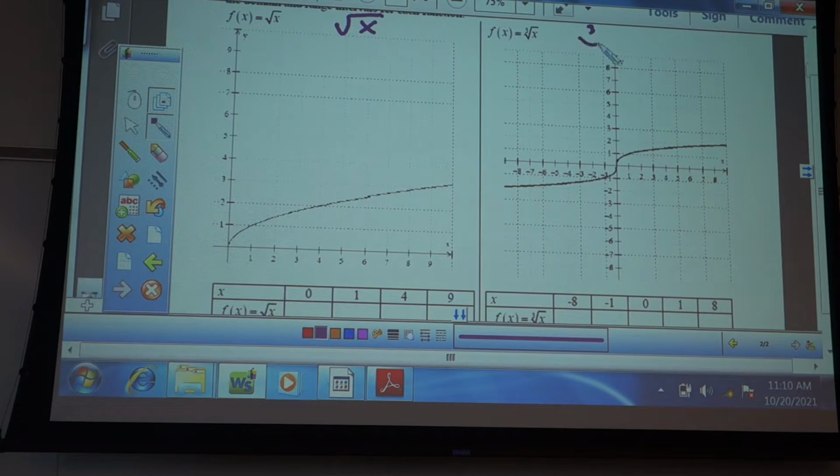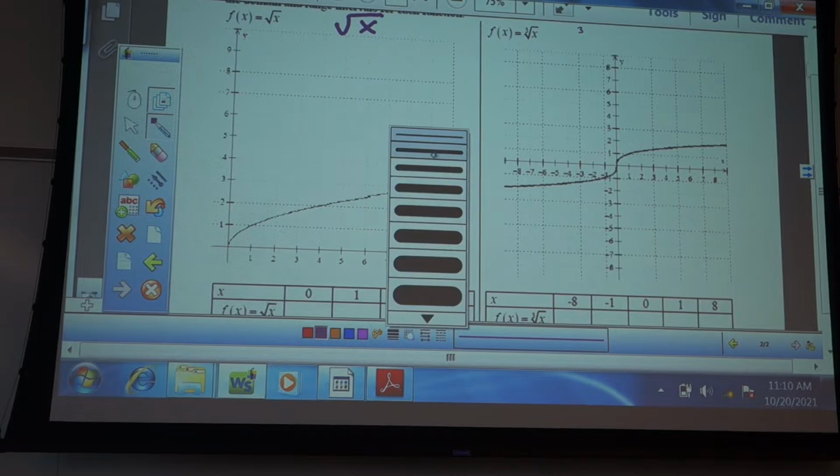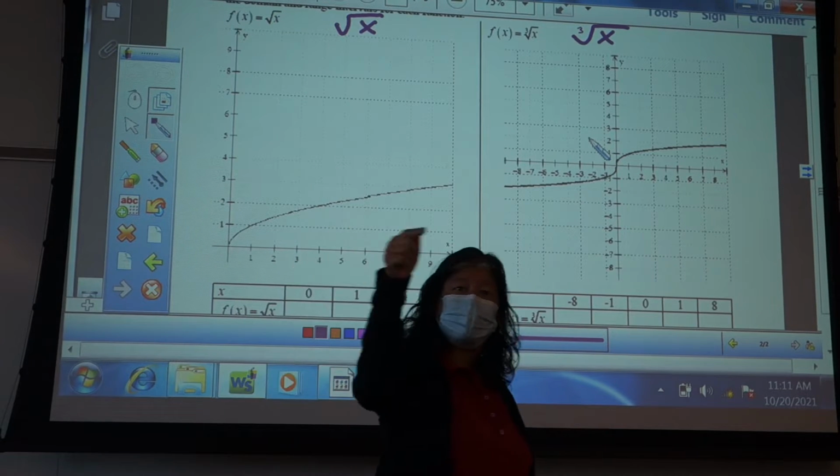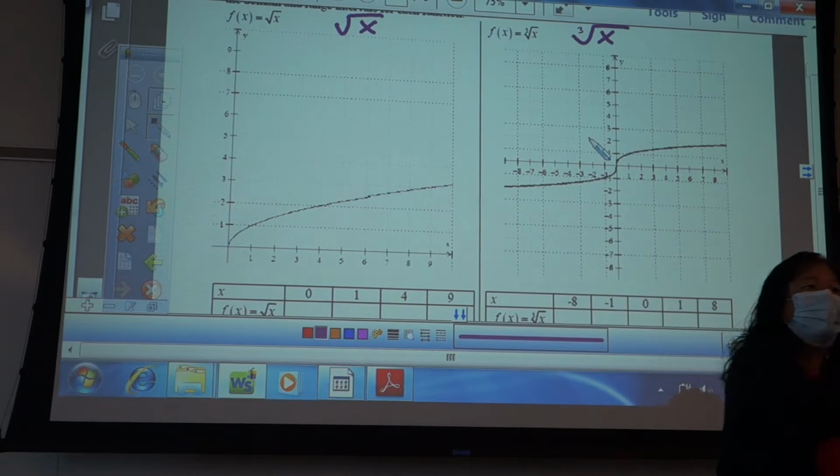Little 3. There, that's it. You know what? I'll make this smaller. Little 3 here. That's good. And then the square root symbol, or cube root symbol. So these are what we call radicals. This little thing that goes down and then up like a little weird check mark and then goes over,